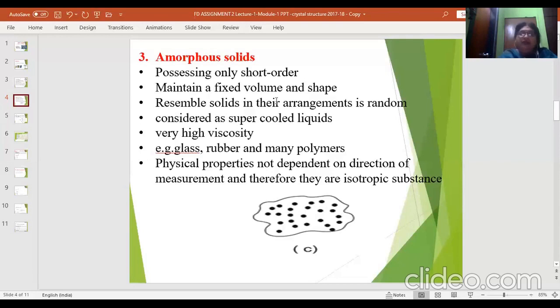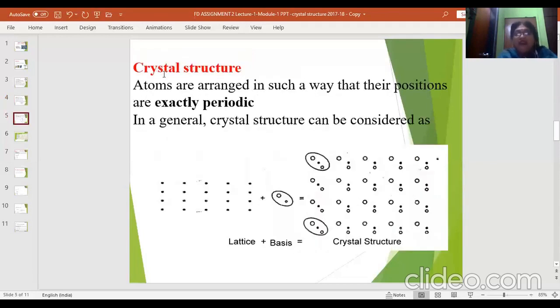Now, so finally, how do you define the crystal structure? When you talk about the crystal structure, it can be summarized in a very concise manner like this. To form a crystal, you need first a lattice space and also the type of atoms which sit in that lattice space. So therefore, the total crystal structure is given as lattice plus basis.